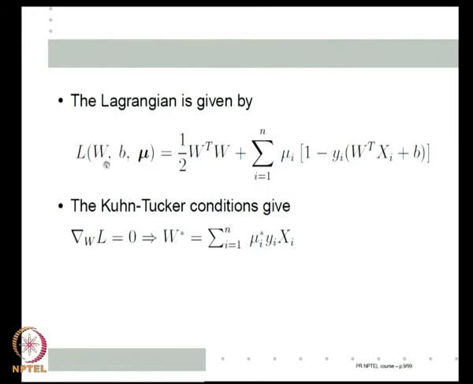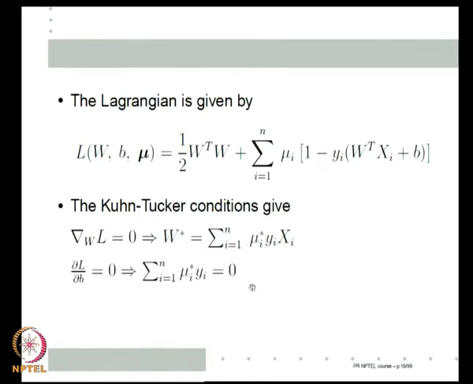So, what are my conditions? The gradient of L with respect to the optimization variables should be 0. So, if I equate the gradient with respect to W to 0, I get W here, and from here there is one linear W term, so I get mu i y i x i. So, essentially at the optimum, W star is the summation of mu i y i x i. For all the optimal variables we put a star. So, mu i star are the optimal values of the Lagrange multipliers, and W star is the optimal value of W, the normal to the separating hyperplane. So, the gradient of L with respect to W being 0 gives me that W star is this.